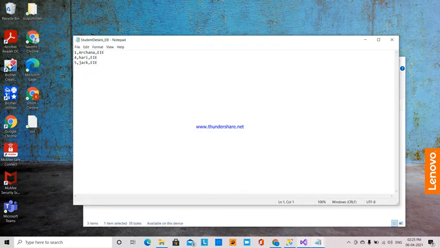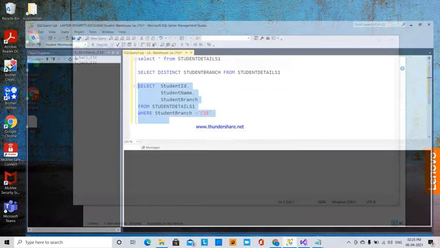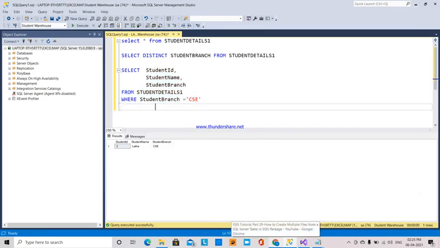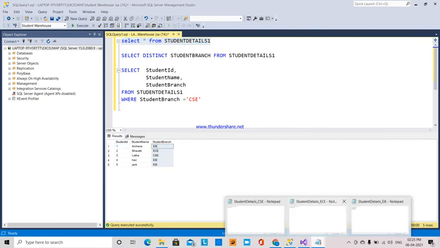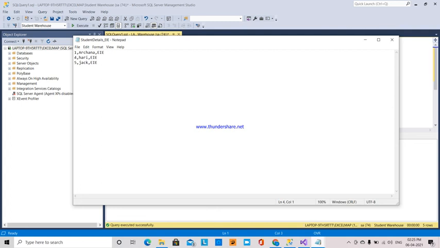In EIE we have 3 students' details. If you want to see here, we have ESC is 3. See here we can see EIE we have 3. Here also we got EIE branch, we got 3 details.